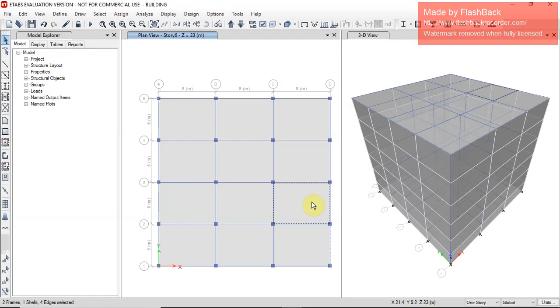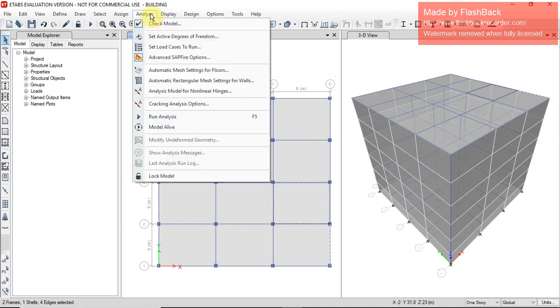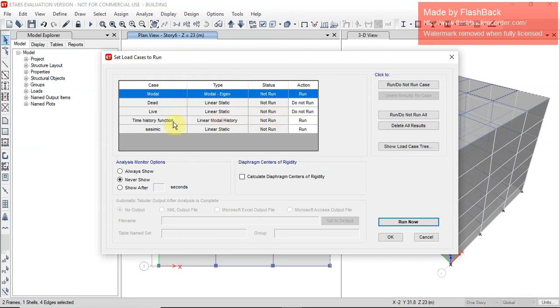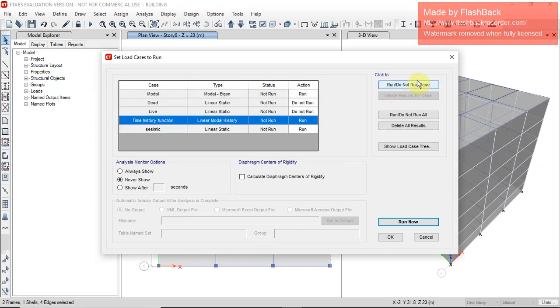This time we are designing it only for a seismic resistant building. So now there is no need to add specialized load. So we go for analysis, then we use set load case menu. Here you can see time history function. This was previously defined, so we are not using it.